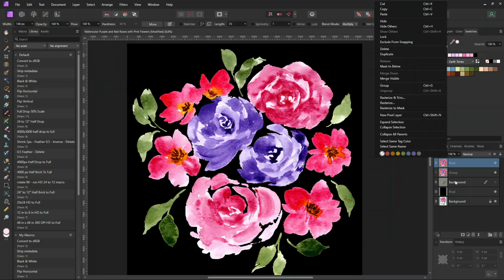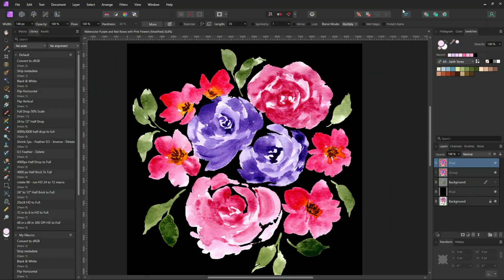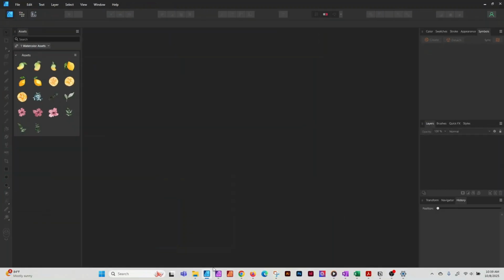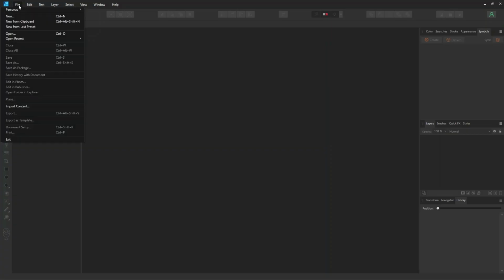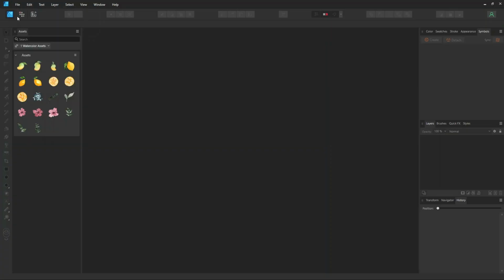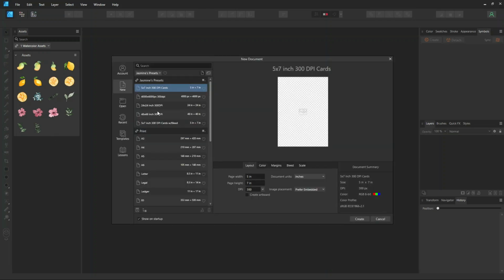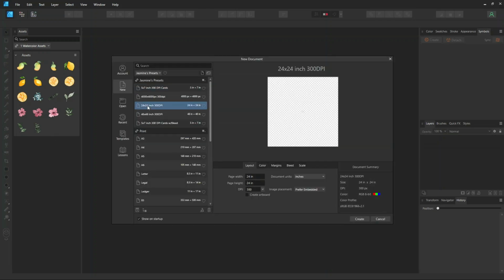So first I want to go ahead and copy this artwork, right click and select copy. And now in Affinity Designer, what I want to do is create a half drop repeat. So the first thing is to create the pattern template. So let's do that. File, new, and here I like to use 24 by 24 inches and